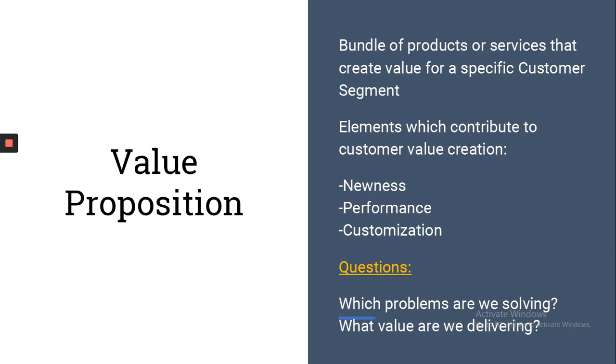For example, improved performance could be another thing. Now this car will use less petrol, for example. The newness part could be that now there is improved battery life in this mobile phone. At the same time, price could also be used as the value proposition. Now this is cheaper. The price is lower compared to the competitors or the existing solutions. So that is why they should buy the product.